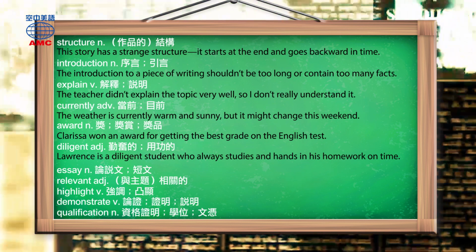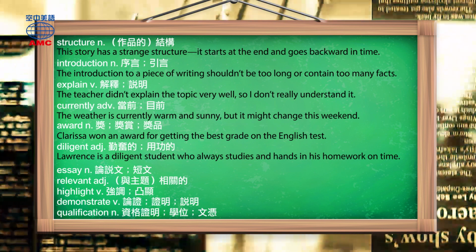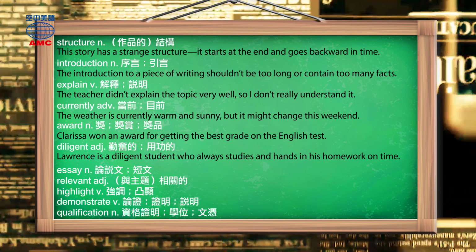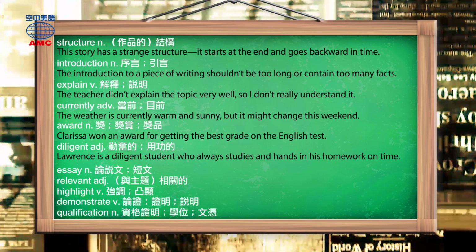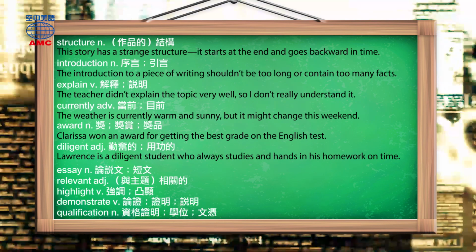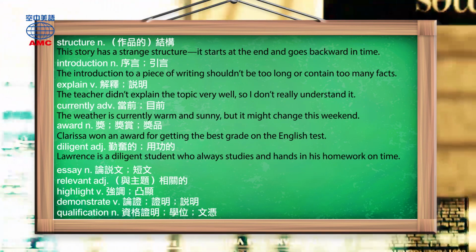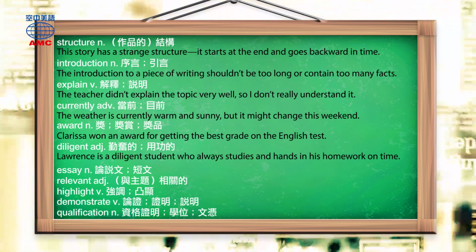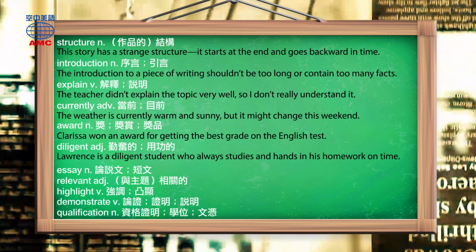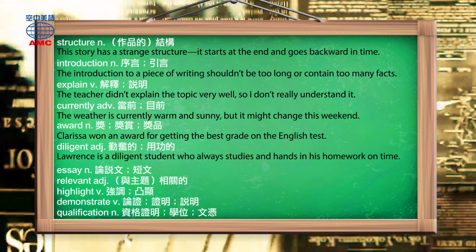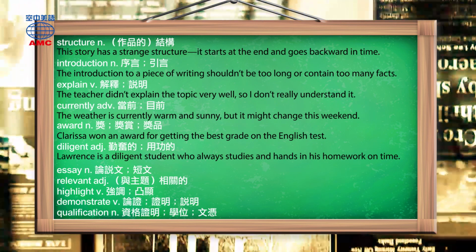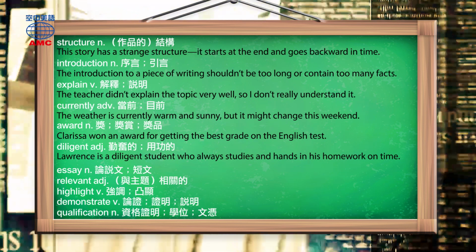The article also says, show the reader that you have a clear goal in mind. To have something in mind means to have an idea, to know what you're going to do. For example, you might go to the supermarket and have something in mind to cook for dinner. This means you know what you'll cook, and so you can buy the right things. Have somebody or something in mind 代表心中有某人某事，是你有想到他的。让读者知道你心中有一个明确目标是一个很重要的事情。